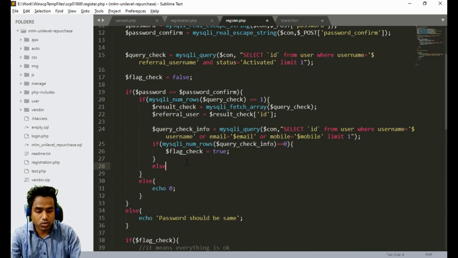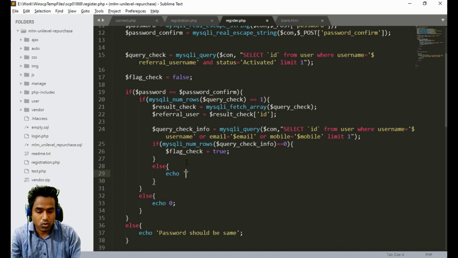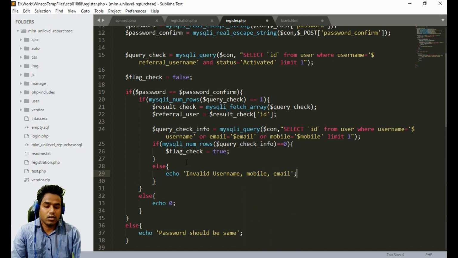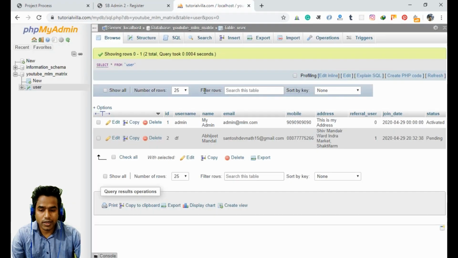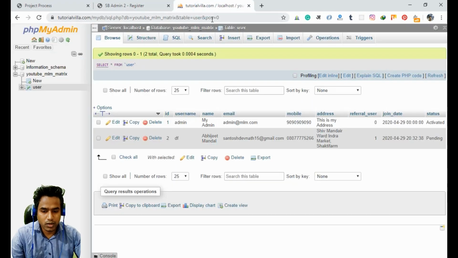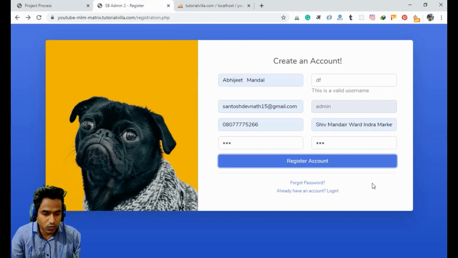Otherwise you have to show the error. We can say, invalid username, mobile or email, because this user is already in our user table.